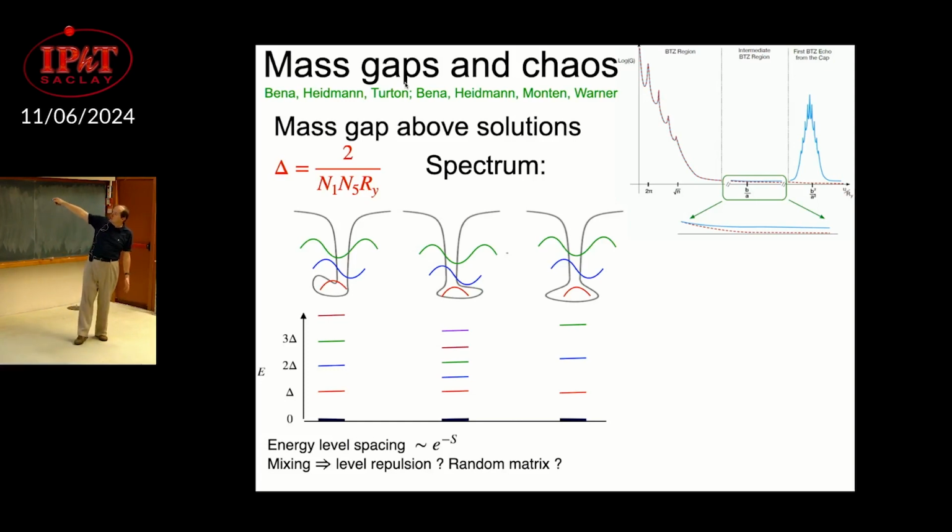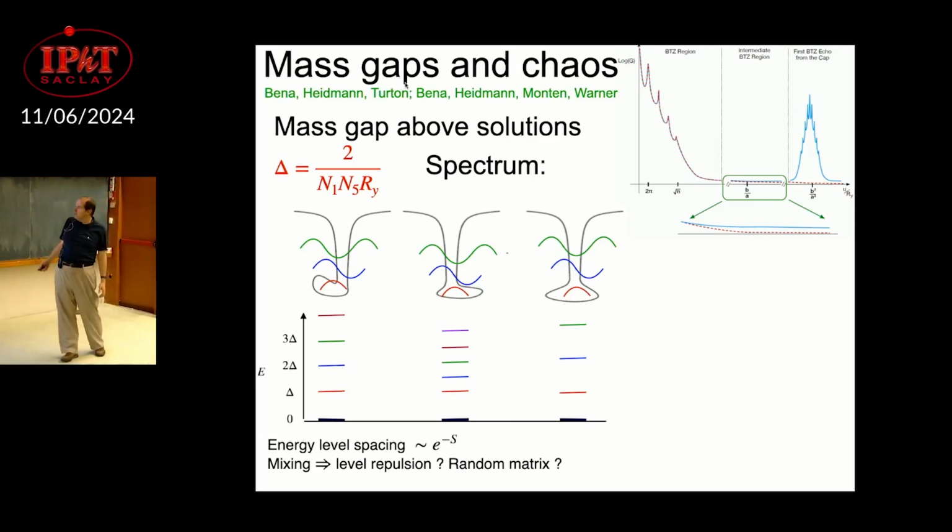You can also show that if you compute the four-point functions, again, two light operators in this heavy state, you get a black hole thermal decay. Whatever you put goes into the black hole, and then after a long time it comes out again. So you really get this echo coming from this thing after a very long time.